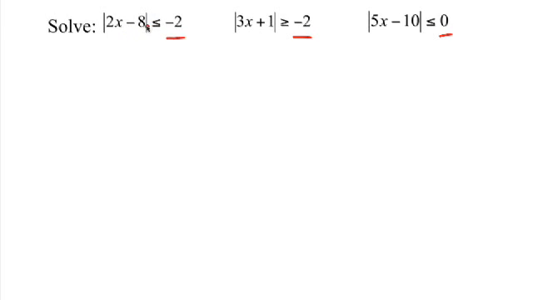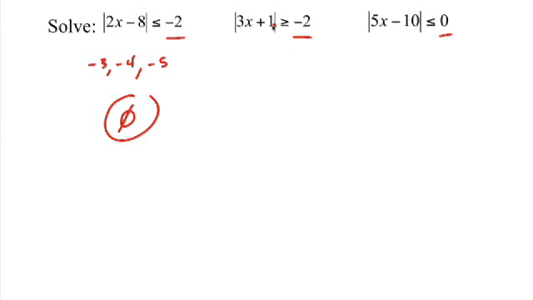Can an absolute value ever be less than a negative? In other words, can it equal negative 3, negative 4, negative 5? Can it? No, it can't. So if you have a problem that asks you to find some way to make the absolute value of any expression be smaller than a negative number, you're just not going to be able to do it. So this particular inequality has no solution. No solution. And again, that Alex represents that using that symbol for the empty set.